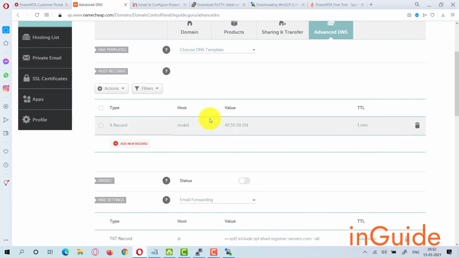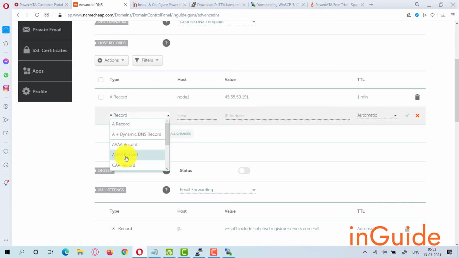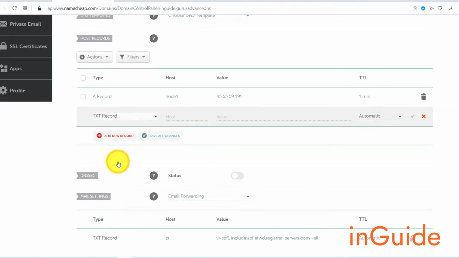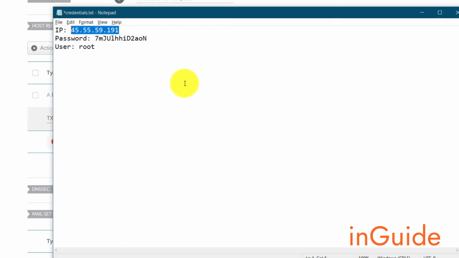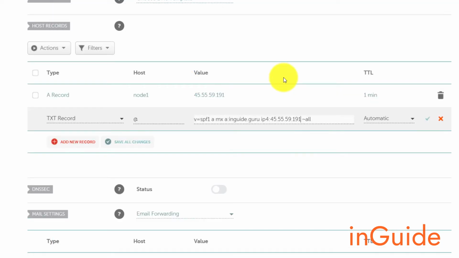Go to Namecheap and look for TXT record, and then in host type @ and here I have just pasted the copied SPF record. Here I am going to replace the domain name, and don't forget to replace the IP address, ip4 IP address as well. So let me copy it, and after that save changes.